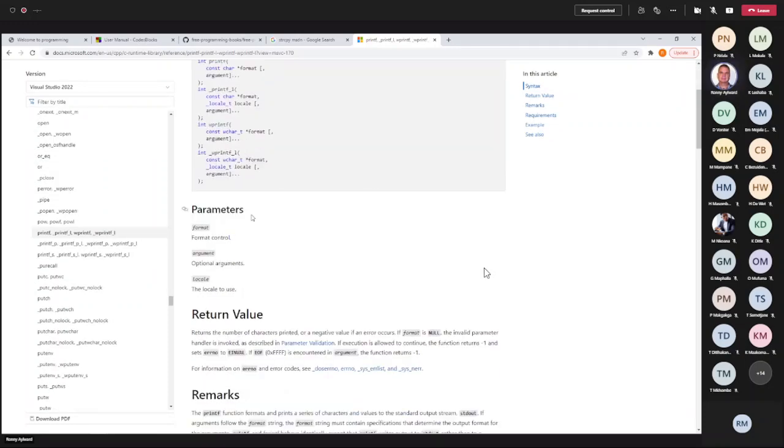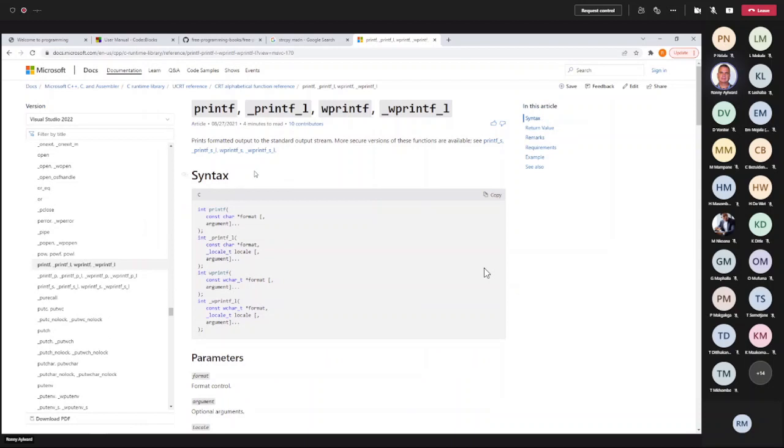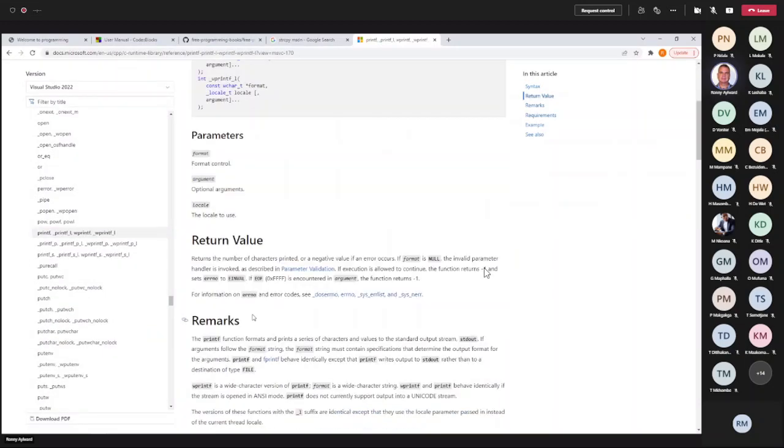You can see that it takes some parameters. So as part of the printf, int printf, it returns a value. And then it takes some parameters. We will look at those as we go along.